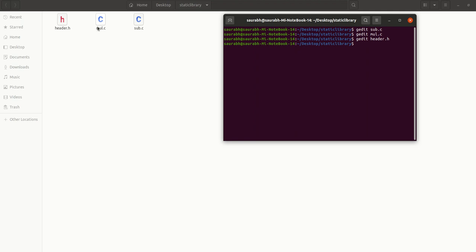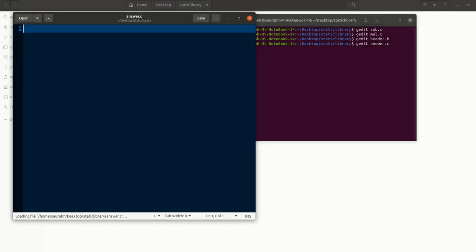So we have the header file, we have multiplication, we have subtraction. Now we will make another code for reading the input and displaying the output. So gedit answer.c. We will be scanning the input and printing the output.